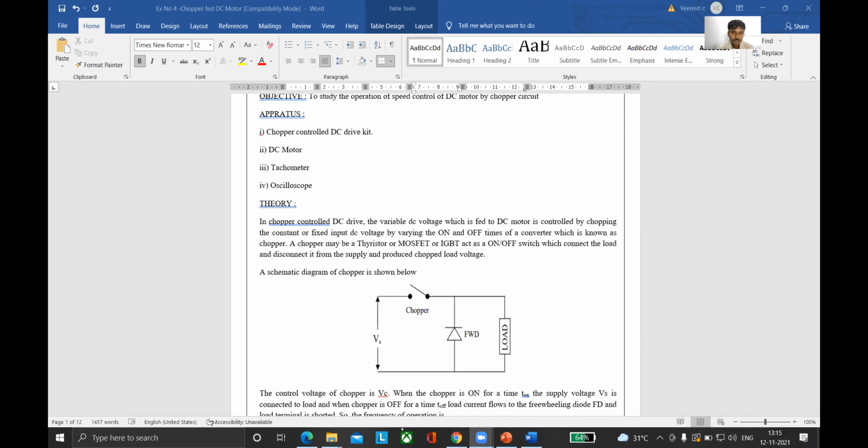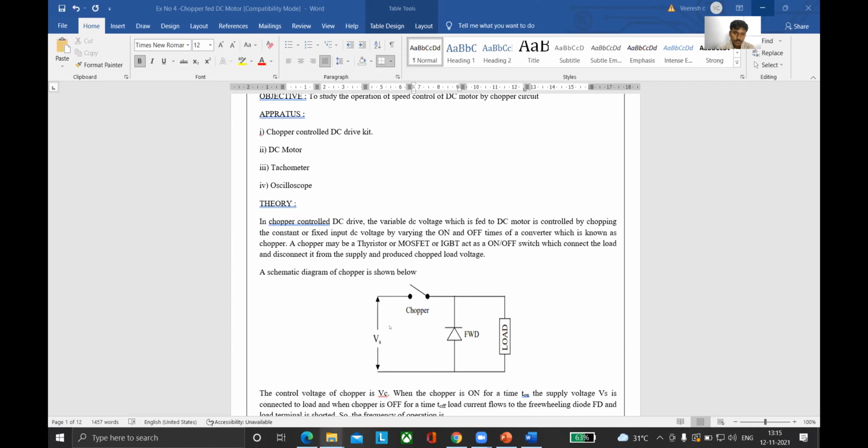All of you there? Hello? Shivani, what is the function of chopper? It converts the voltage into DC voltage. Yes, it will convert from fixed DC voltage into variable DC voltage. The proper definition: it will convert fixed DC input voltage into variable DC output voltage.